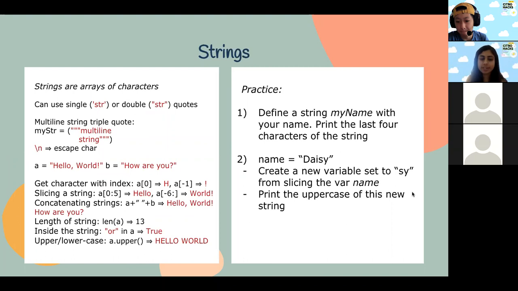Yeah, feel free to share your solutions to the first and second practice question. Thank you, Shivansh. Does anyone have other solutions they'd like to share? Okay, if not, I can go over